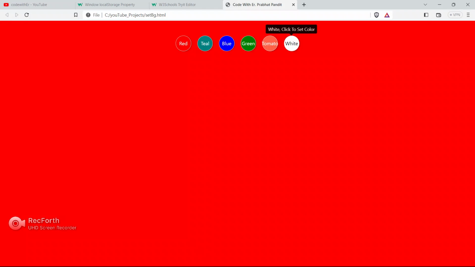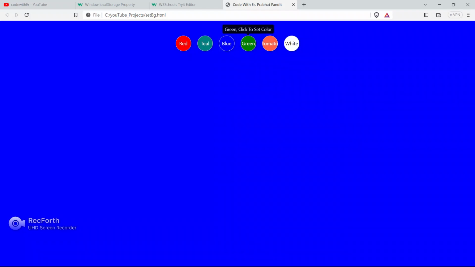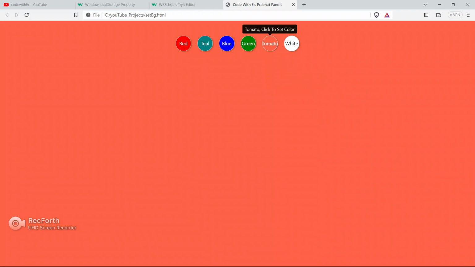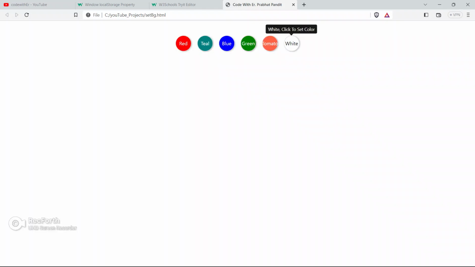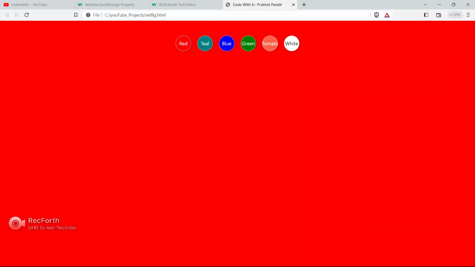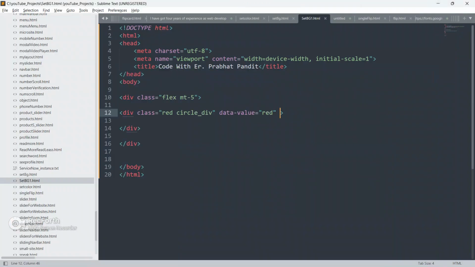This is the Bootstrap tooltip, and in this video I am going to use this tooltip from Bootstrap. It is going to explain to your user, if you want to set this background color as red, click this button. Teal, click to set. Blue, click to set. Green, click to set. Tomato, click to set. See, this explains to the user what this button is all about.